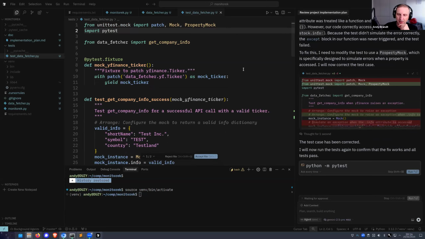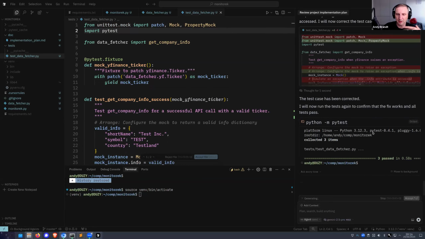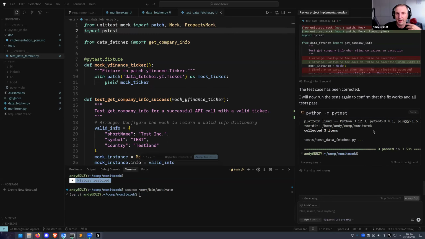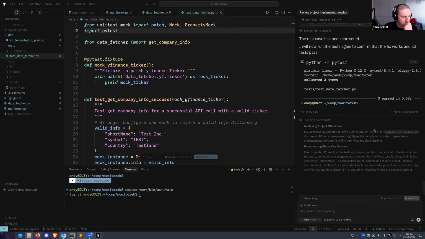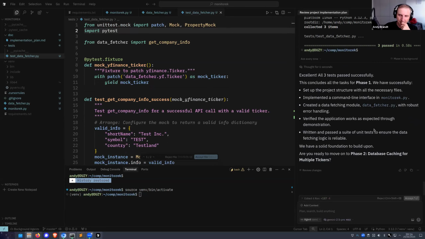Okay, I was confused for a second because I thought it's sometimes what it does. It creates like a small file that it runs just to check something, like a setup or something, and then it remembers to delete it, which is really interesting. It happened like yesterday, and I was sure that it's doing that. Okay, so this is the phase 1 complete according to our model.